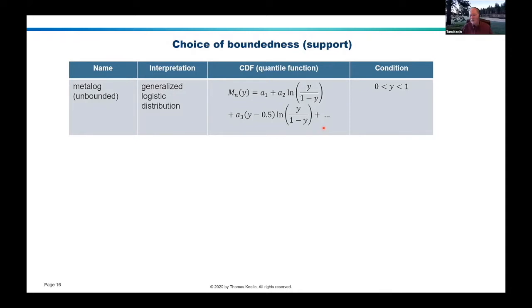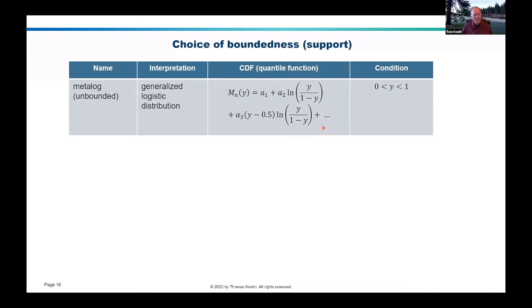And that's perfectly fine for applications such as error measurements that could be infinitely large, positive or negative, and so forth. But there are a lot of applications where what you really want is a bounded distribution, like a cost, for example. Costs can't be negative. They're going to be greater than 0. Or a repair time, or a number of aircraft in a fleet, or a number of cyber attacks on your website in the next hour, or whatever it may be. All of those things have a lower bound of 0, and you don't want to have to use a distribution that